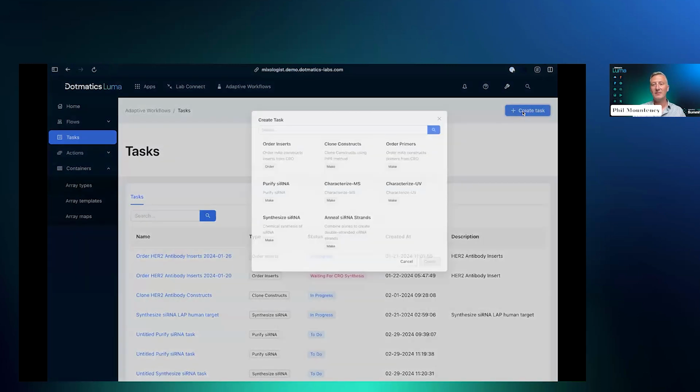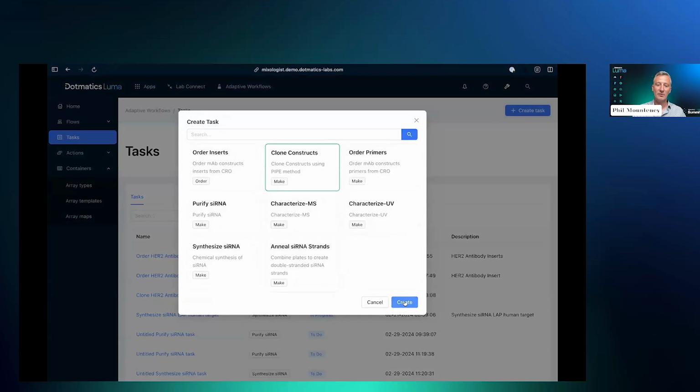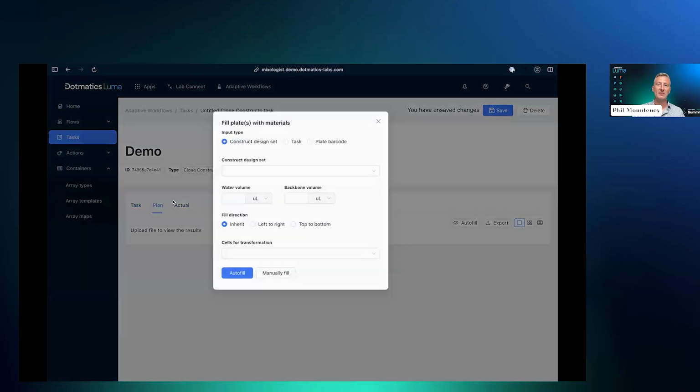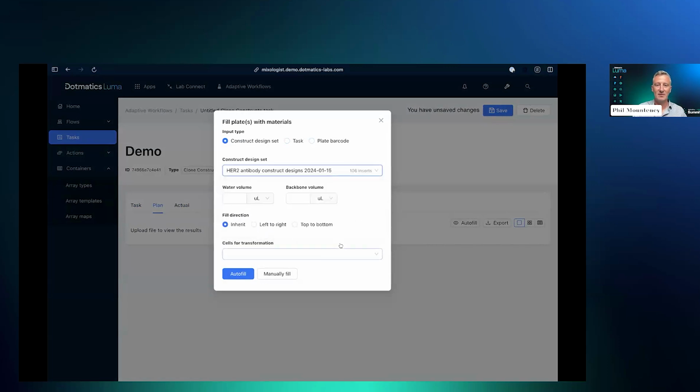So if I go back to my tasks, and we'll do clone constructs, same deal as before, high level metadata on the first tab, and then inputs and outputs effectively on the next two tabs. So my first input, this one is much more flexible, because instead of prescribing it has to be a construct design set, I've said you can pull up a previous task, or if some of the plates that were delivered back had contamination or just weren't fit for purpose, I can pull individual plates into here. So I've now got flexibility into how I start this specific task. I'm just going to pull from the same design set for speed,